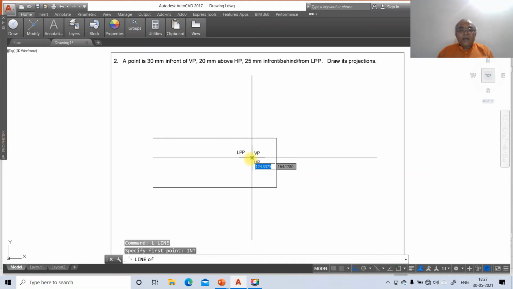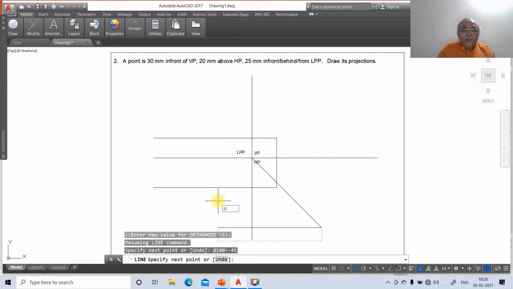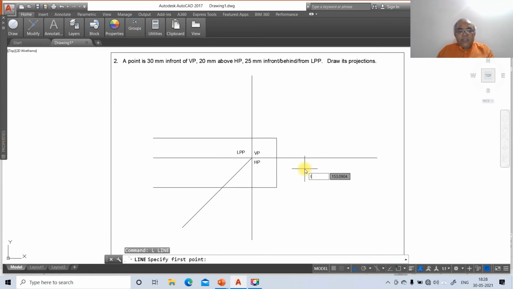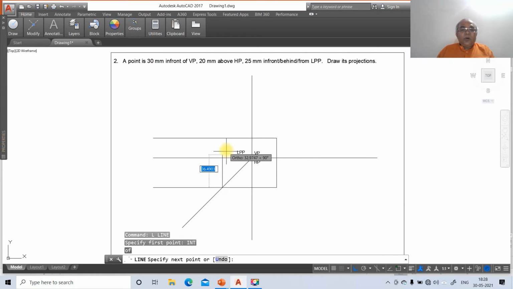Then go to line, take the intersection point of this, INT, and take the intersection of this XY and X1 Y1 line, and take the at the rate distance, relative polar coordinate system. I am going to take some distance, 100, less than the angle. You should always measure the angle in the clockwise direction as negative and the anti-clockwise direction as positive. So since I want to measure it in the clockwise direction, at the rate 100 less than minus 135 and enter. Then go to line, take the intersection point of this and draw a perpendicular to this line.